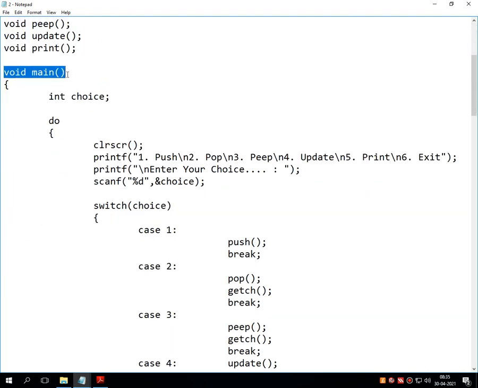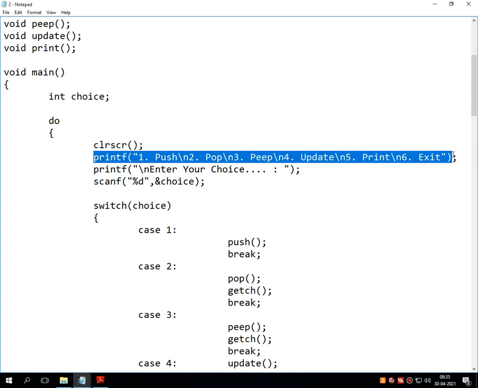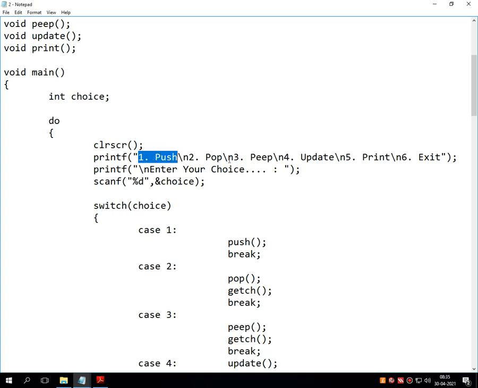In the void main statement, there is a local variable called choice, and a do statement prints a menu on the screen, where option number 1 is push, option number 2 is pop, option number 3 is peep, option number 4 is update, option number 5 is print, and the last option is exit.